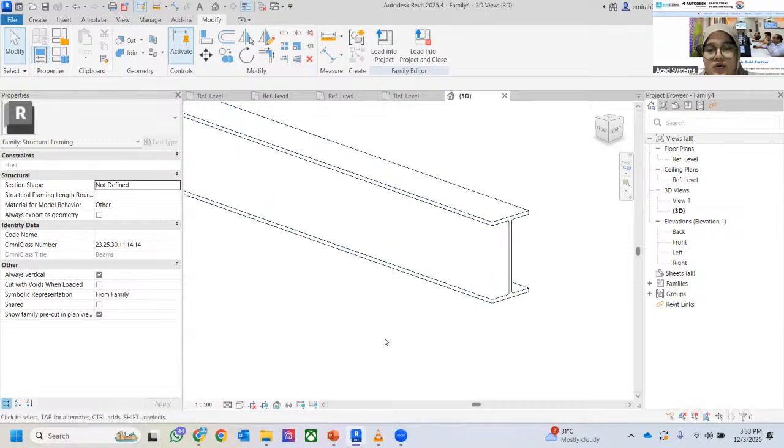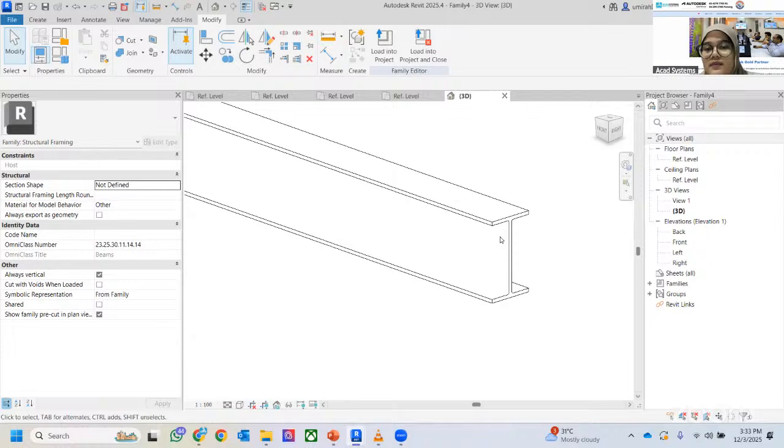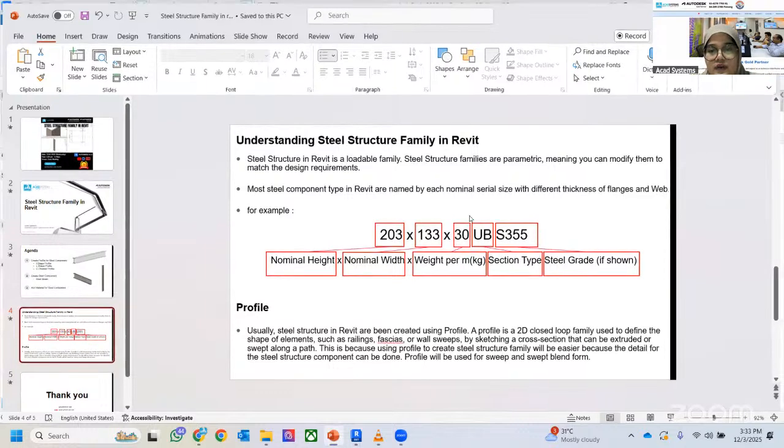Right? So next one, I want to add a steel material for my beam. Okay, let's say I have the grade just now, this one. I want to make sure my material are using the same steel grade like this. So to do that, I'm going to click on this